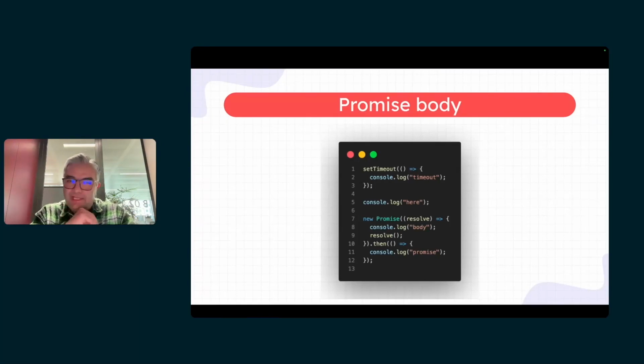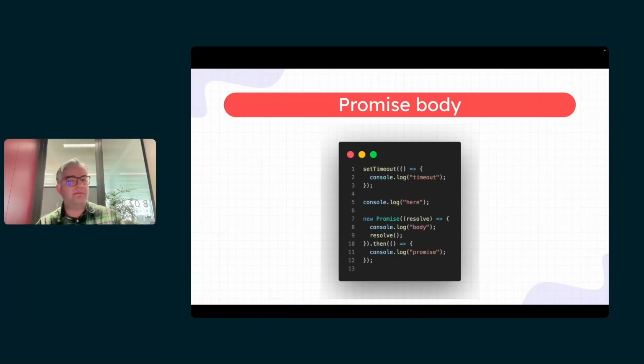So let's make it a little bit advanced. It's the same code snippet, but the difference is instead of using promise.resolve, here I'm using new Promise and a callback. The constructor of promise is there for you if you want to have a custom-made promise.